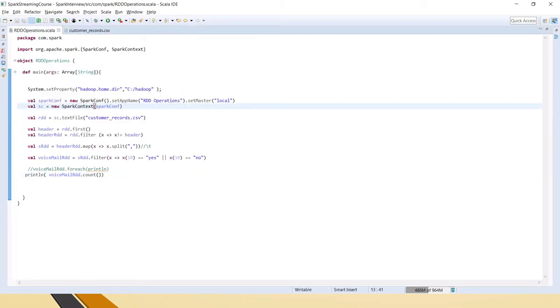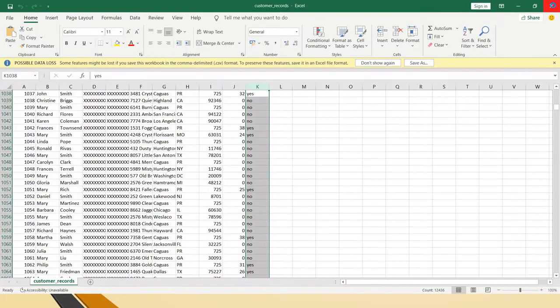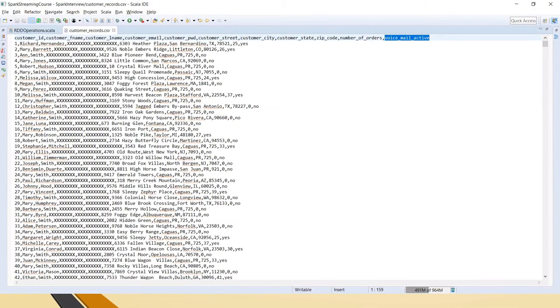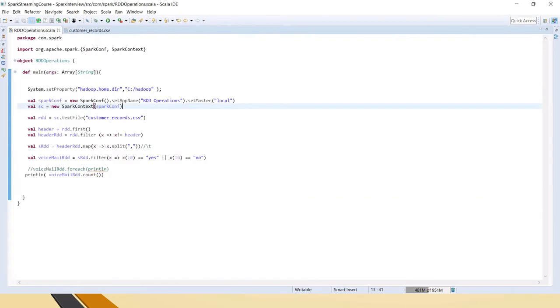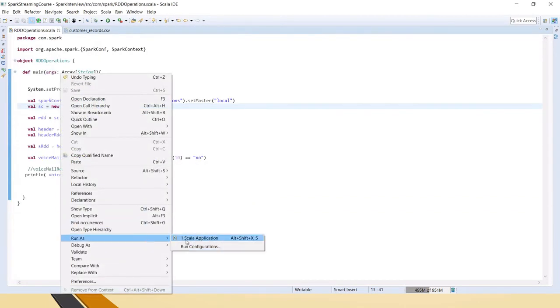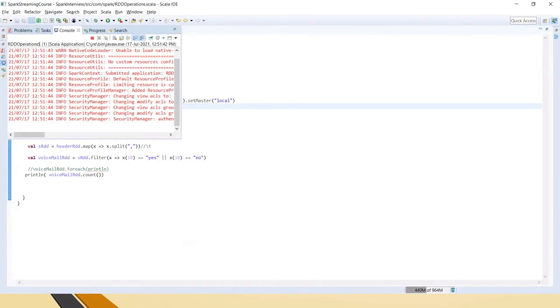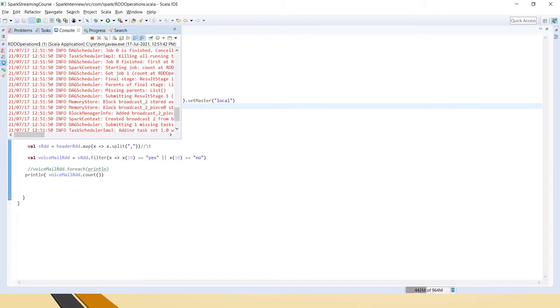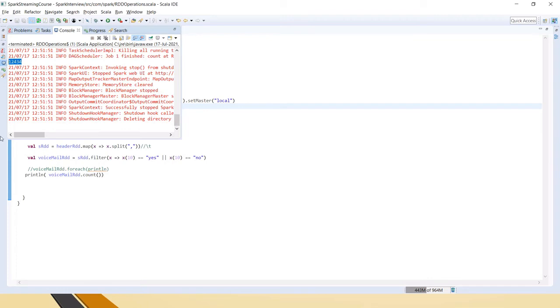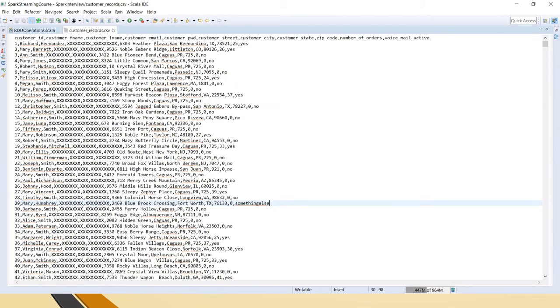Now let's close this Excel. In the Excel, I am changing something here. Instead of no, we'll put something else, and I've saved it. Now let me run. How many rows should it show? Now it should omit that one row. Earlier we got 12,435, now it should show 12,434. Got it, friends? So it has omitted that record where the value is something else.